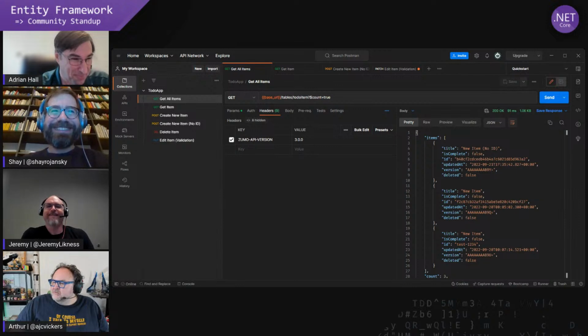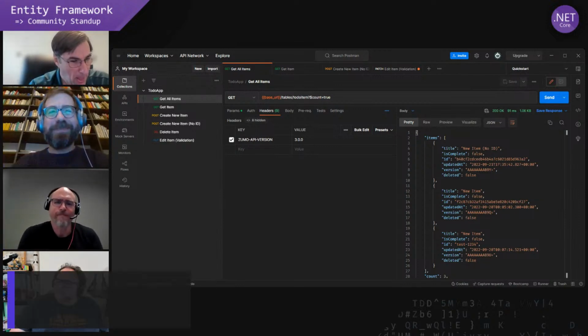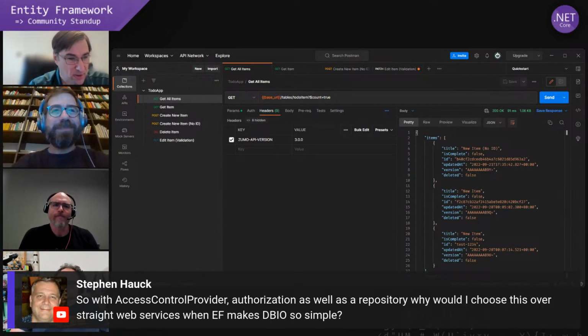Right. Which I think brings us to this question we hear: why would you choose this over straight web services and EF? And I think the answer is that if you just want a simple solution that does all of these things for you and is very easy to use, then this is the way to go. If you need full control, then rather than make this complicated and ugly, you want to go off and just do your own thing with EF or whatever and your database.